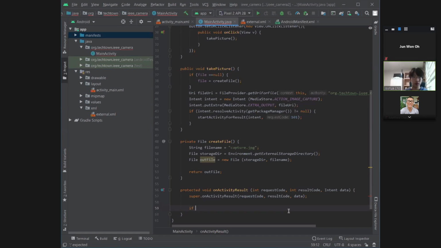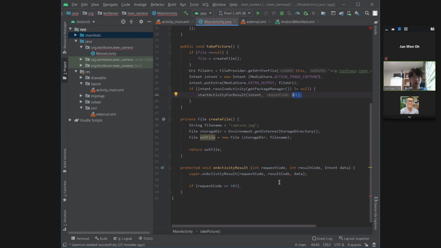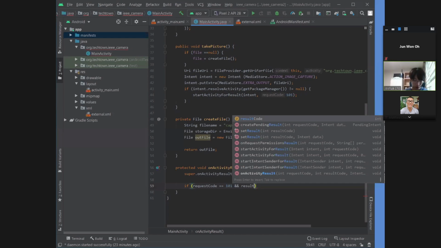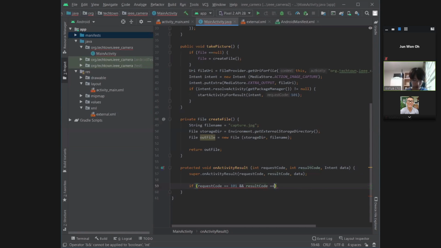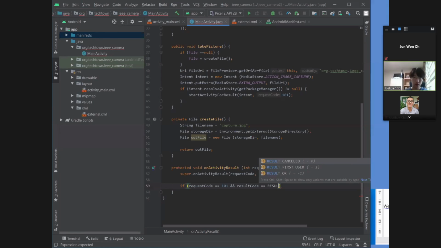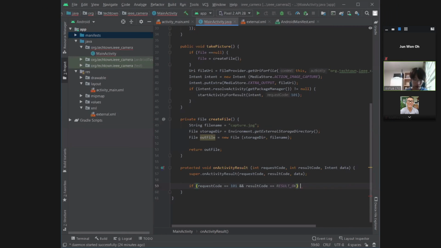So if the request code is 101, and we got the 101 from here. So after we have done taking the picture, it's gonna call start activity for result. And if the request code is 101, so 101 here, then it's gonna execute the if statement. So if the request code is 101 and the result code is RESULT_OK, then